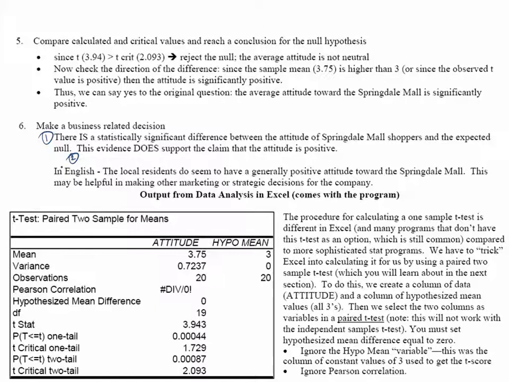Now, in class, we'll run these single sample hypothesis tests. We'll be using what is called the paired two-sample for means, and I'll explain more about that. But the output that we will see is as follows. We can see that the mean, just as we'd measured, is 3.75. We have to actually input the hypothesized mean, so a second column of 3's. So we're defining what the null hypothesis is. The t-stat, as we measured above,